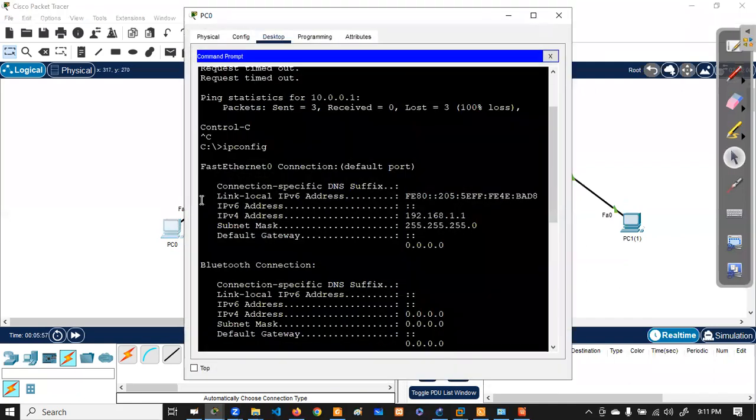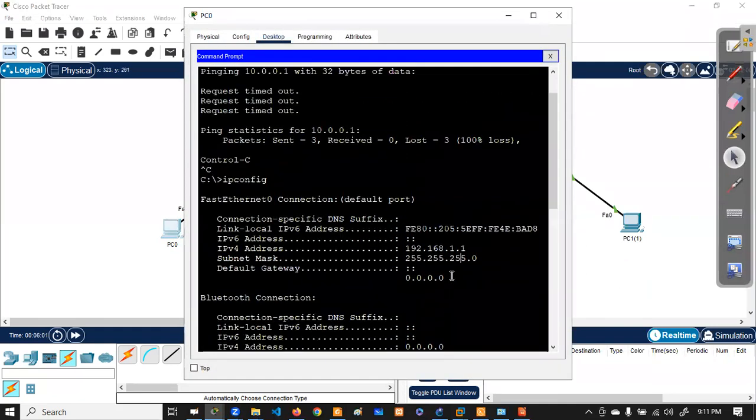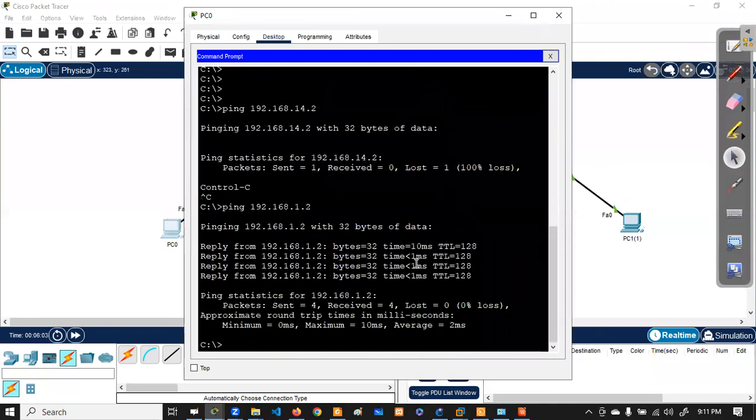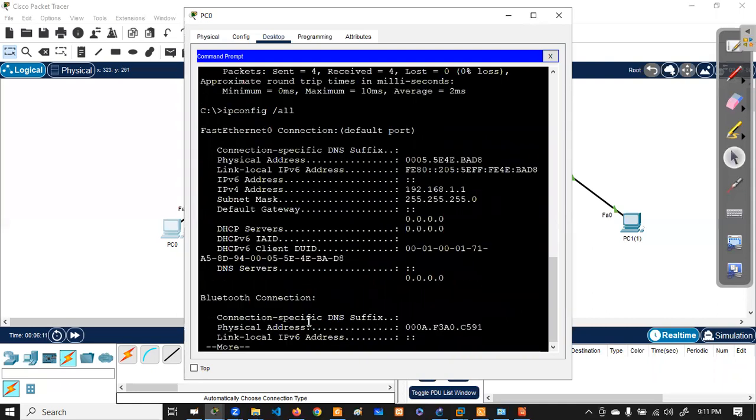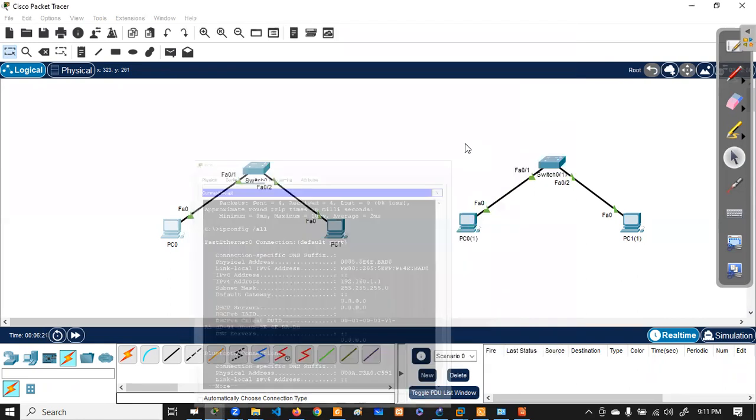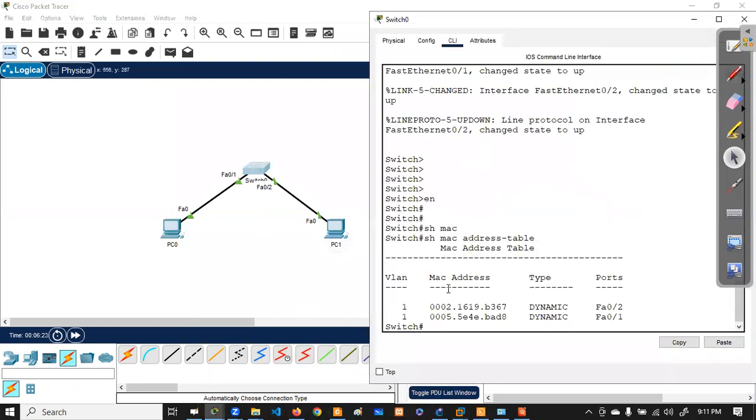You can check here what the MAC address of this is. Then you can find the MAC address here. So this is the MAC address of 1.1, ending BAD8. You can check BAD8 from the switch.